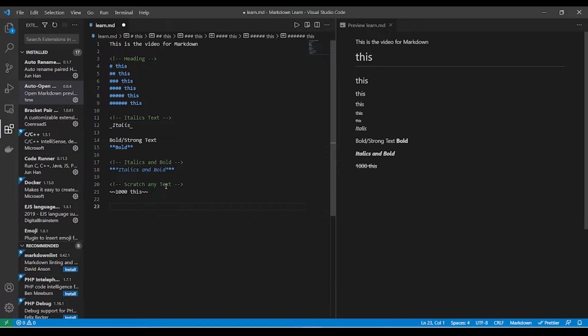Now let's discuss how to apply a link to any of your markdown file. So the syntax for this, let's first of all give it a comment, and then let's type down below it.